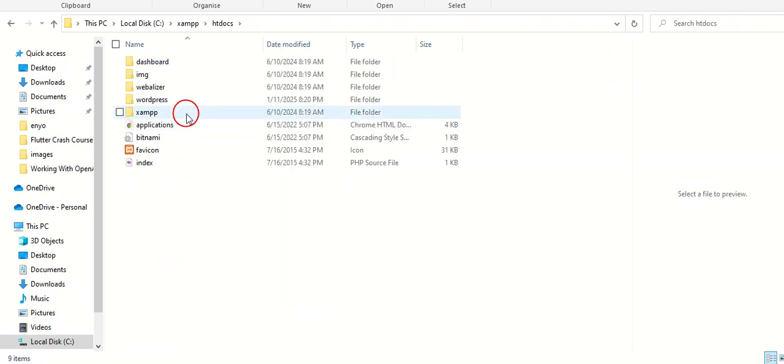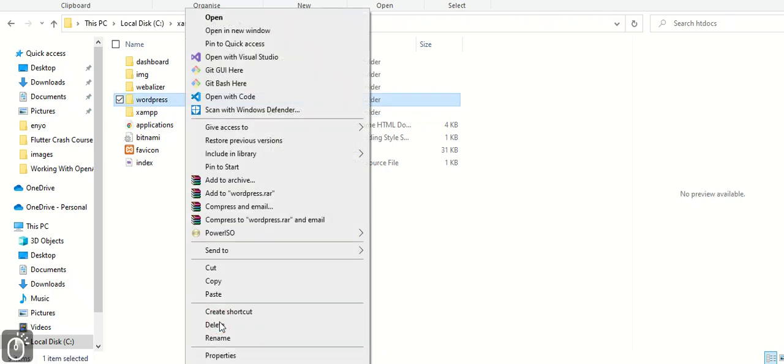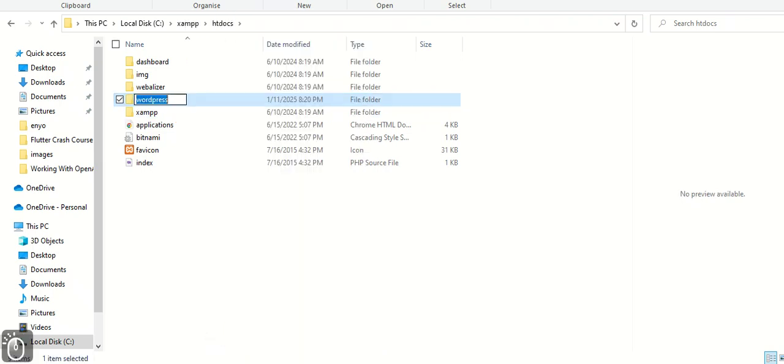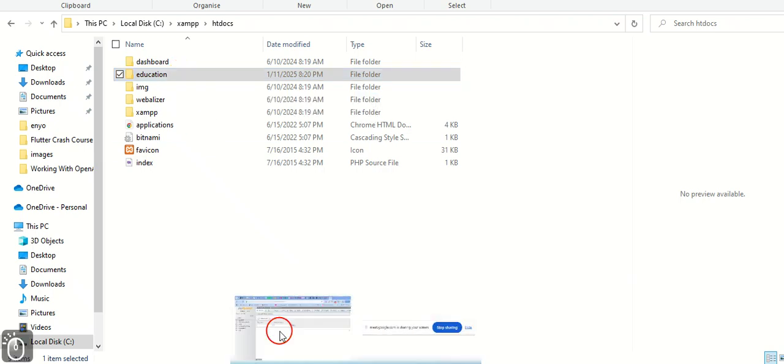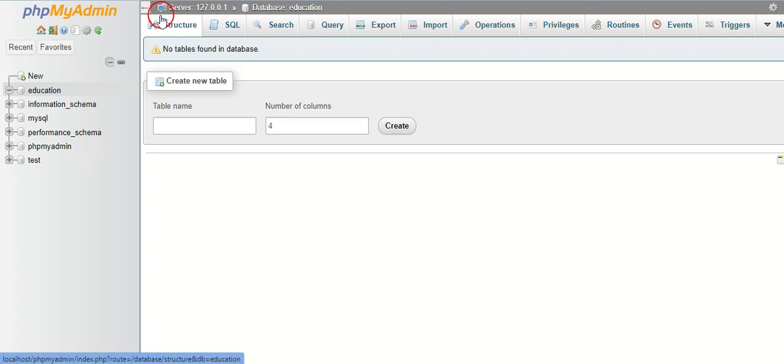Let's rename it to education so that it goes along with what we are creating. Right? So now I've named it education. Then go back to this and call what you've named your WordPress file. Now since this one is education, just write education.